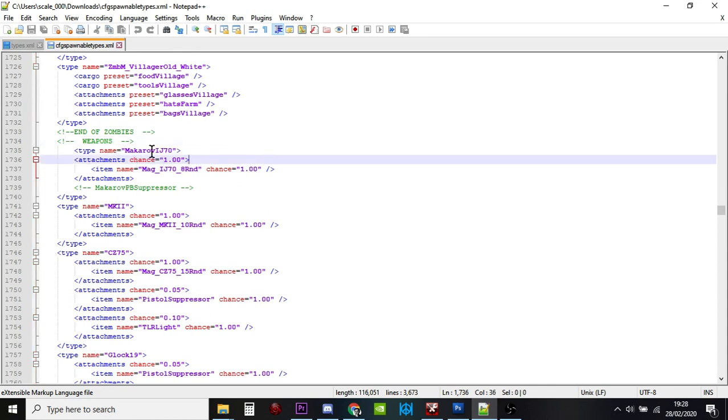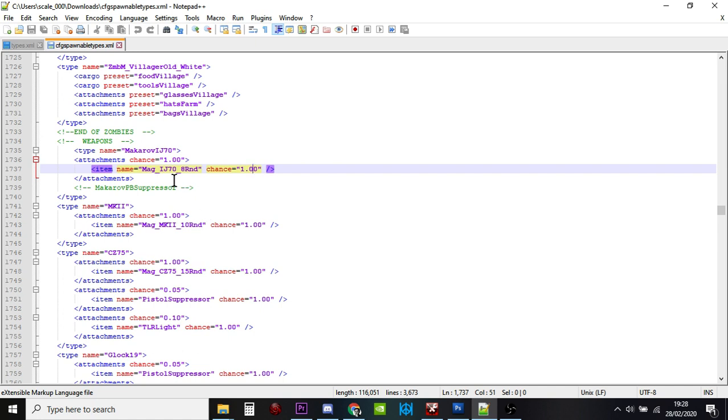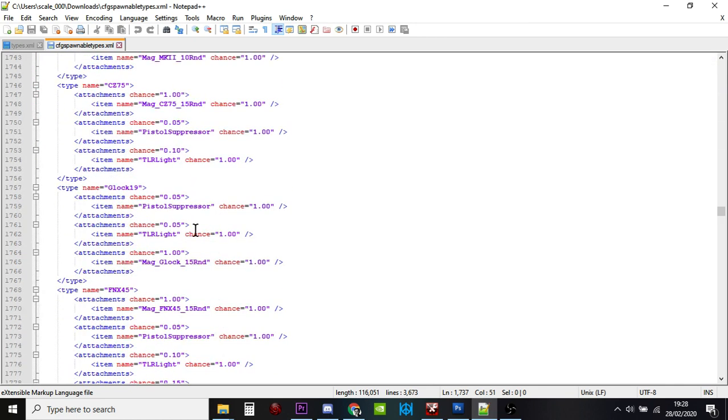Again, I've modded all these already, but here we have the Makarov IJ70 pistol. And see what it says, attachment chance 1. An item name is the Mag IJ70 8 round, chance is 1. So you change both of those to 1, and that pistol will always spawn in with a mag in it, and obviously the mag will have bullets in. So let's go to something we know,